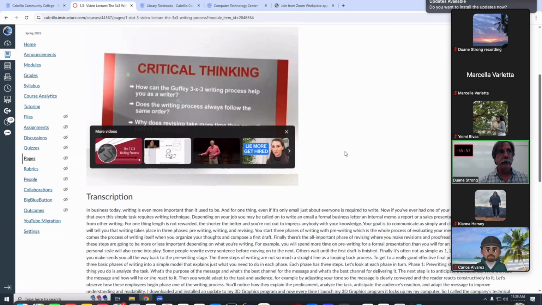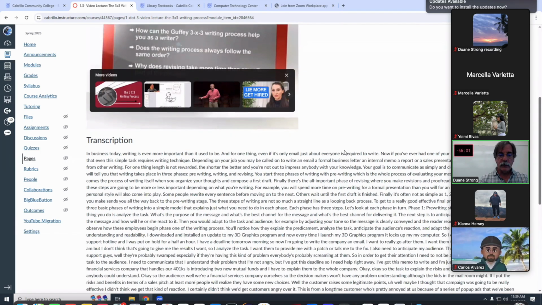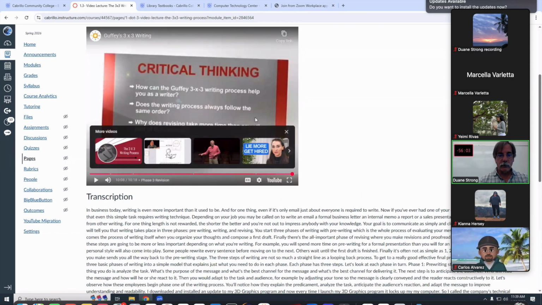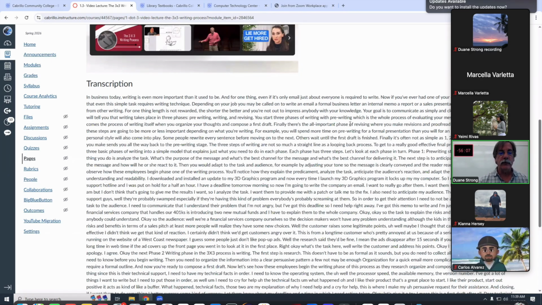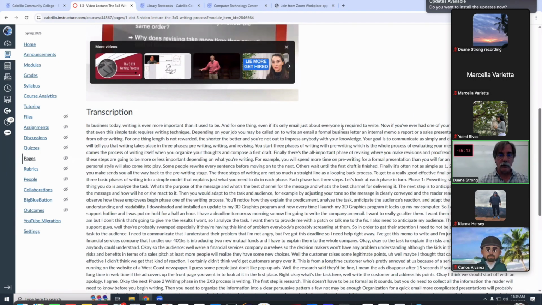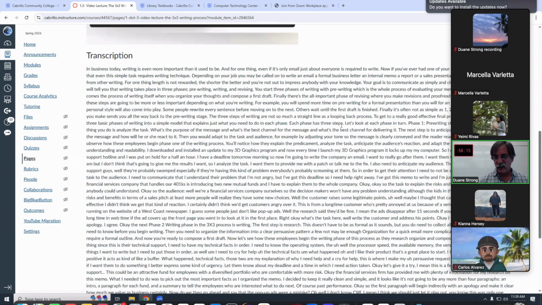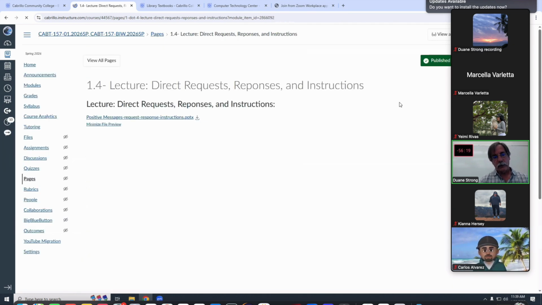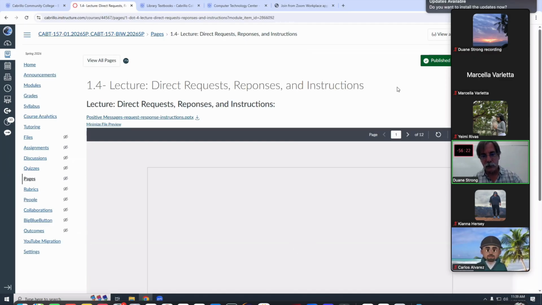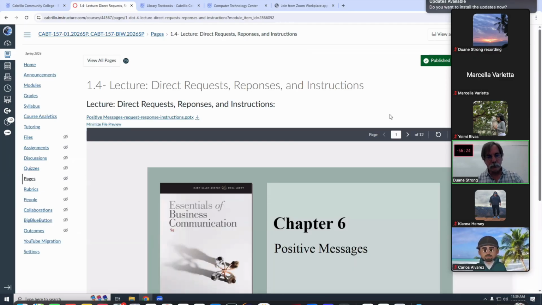So this transcription right here is what we went through? Yep, that's the transcribed audio from that video, and I will always try to keep transcriptions because I know some people work better with written transcriptions than they do the video. But in general, we're going to have fewer videos overall. So that was the quickest way I could get through 3x3 for now. No, that was good.